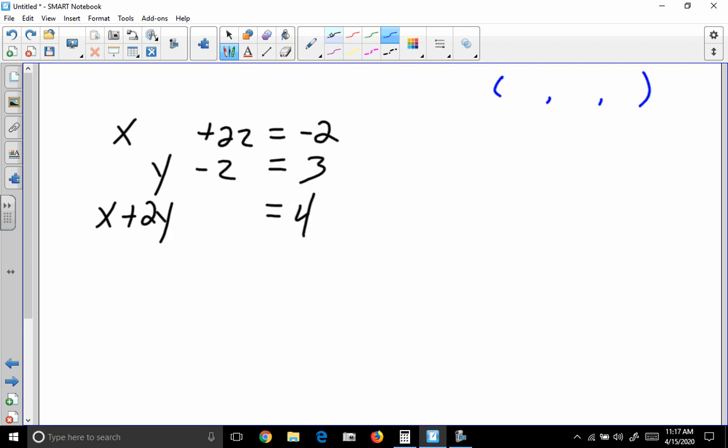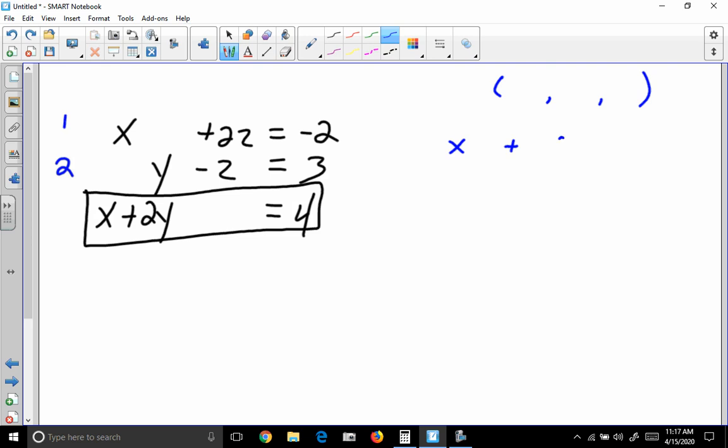So what we're going to do is we still need to get down to 2 equations with 2 variables. So we just need to pick which variable we want to eliminate. So if you want to have equations of x and y, we can eliminate z. Notice we already have one equation of x and y. So if we're going to eliminate z, then we're going to have to use the top and the second equation because those are the only ones that have z in them. So if we list those,